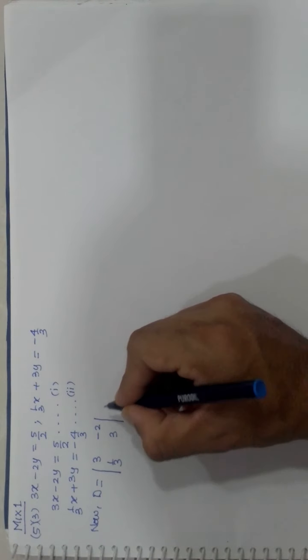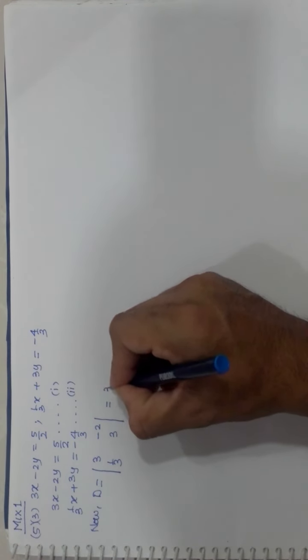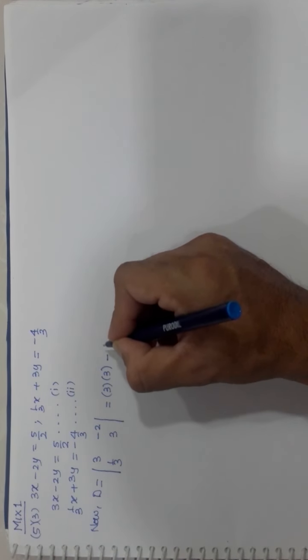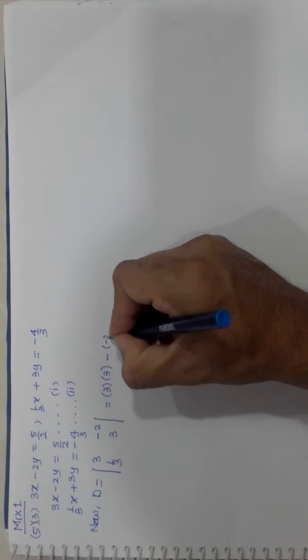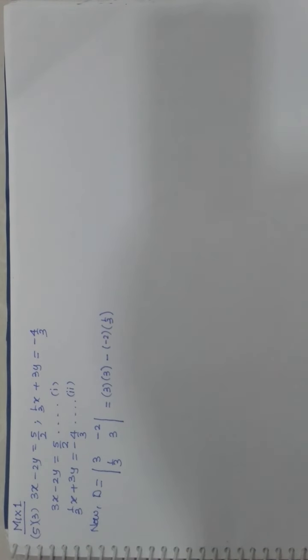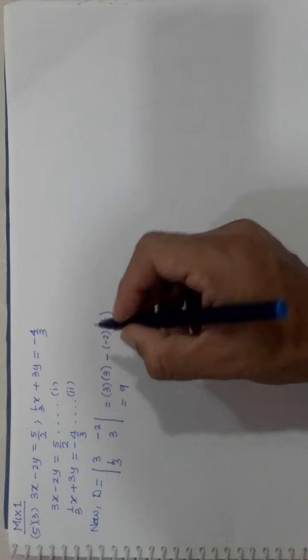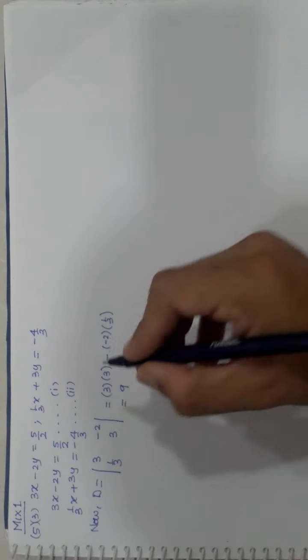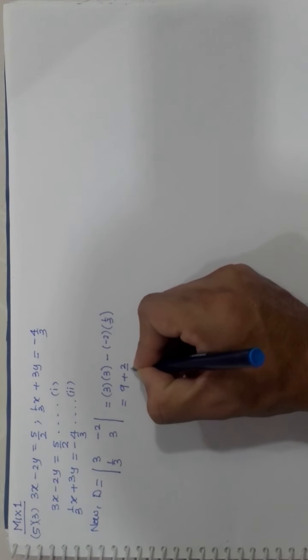So both are in standard form. So here I get the product of diagonal elements, 3 into 3, separated by minus sign from the product of non-diagonal elements. It may seem a little bit tedious, but if you are very good at fractional addition and subtraction, it does not matter at all. So here 3 3s are 9, there are 2 negative signs, and as I told you, a lone number is always a numerator, the invisible denominator is 1, so numerator multiplies with numerator, so it will become plus 2 and 3 multiplied by 1.